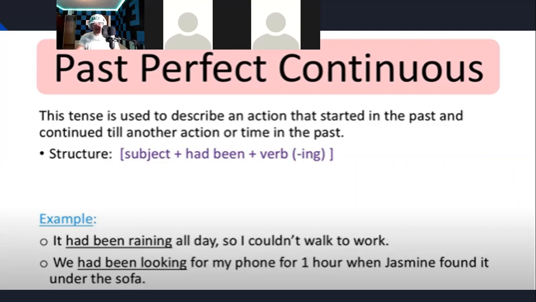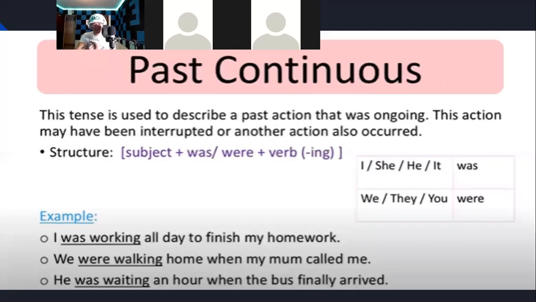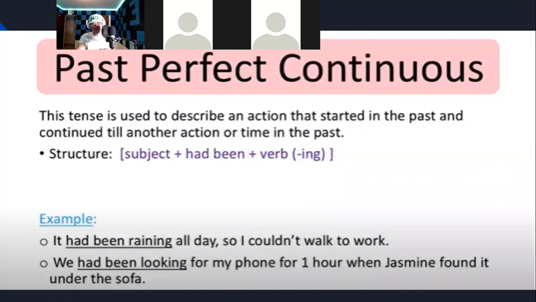Okay, so the last one, the continuous one, it's not very sure if you finished it. It looks like you could have finished it. Like I was working all day to finish my homework, but you're not sure if I finished working on my homework. But the past perfect continuous, because it's perfect, indicates that the action was completed. That's what I'm trying to